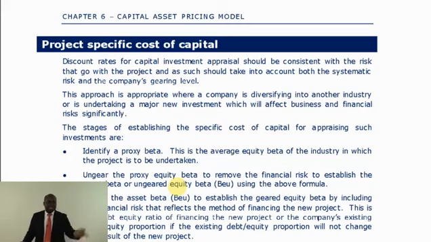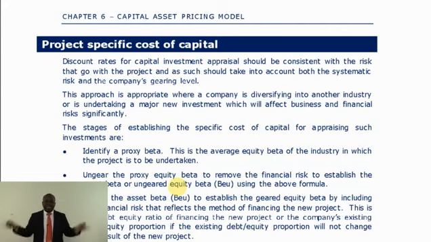Ask the question, this equity beta, am I picking it from a company that is geared or from a company that is ungeared? If I'm picking from a company that is geared, it means that equity beta is geared. It's measuring both business and financial risk. If I'm picking equity beta from a company that is ungeared, like we picked the 0.9 from Gals, and Gals was all equity, that equity beta is measuring only business risk, which will be the same as the asset beta.